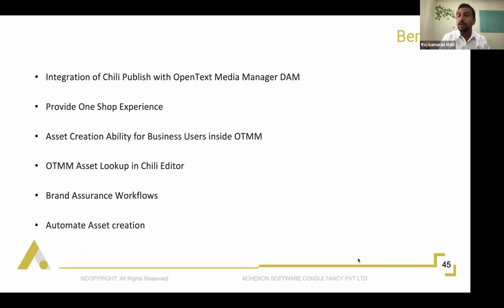Similar to that, why don't we store Chili templates within your DAM? Correct. So it provides a one-shop experience. You don't have to go into multiple systems to do multiple things. Just like any other asset, you would be able to search Chili templates with metadata, and it also adheres to your security policies,